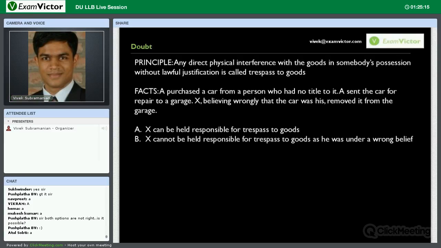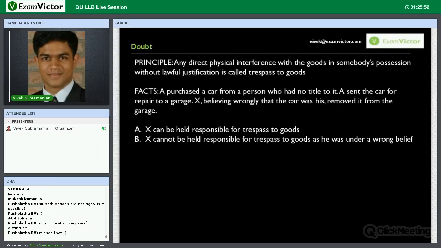So in this case, the car was in A's possession. He purchased it from somebody who had no title to it. Regardless of that, the car is in A's possession, and he sent the car to the garage, which means the car is still in A's possession. Garage is holding it only on behalf of A. So legally speaking, the car while in garage is still in A's possession. And if it is taken from the garage by X without a lawful justification, as the principle uses the phrase lawful justification,